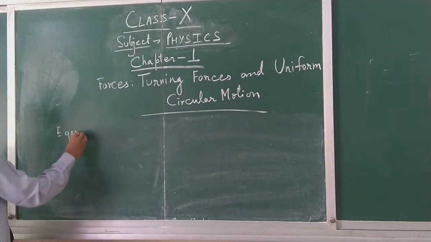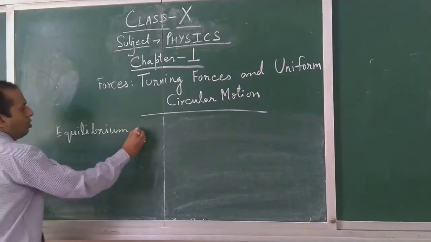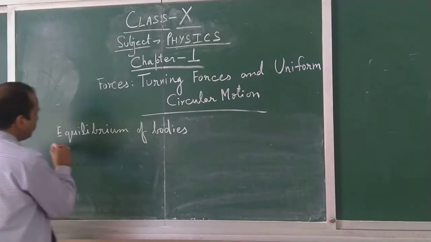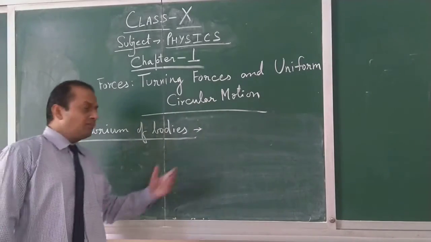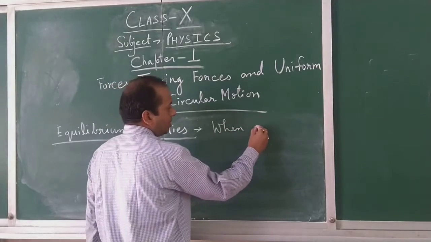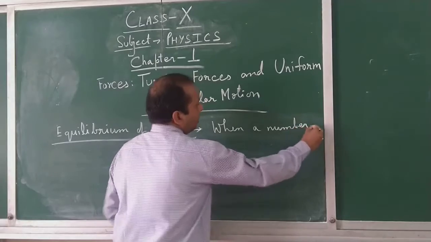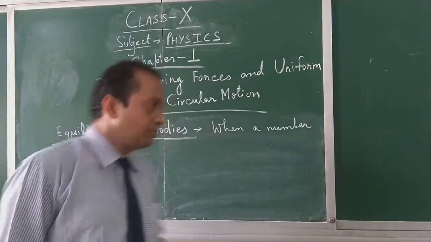Equilibrium of bodies. What is it? Equilibrium of bodies is when a number of forces, and when I talk about a number of forces, it should be 2 or more,